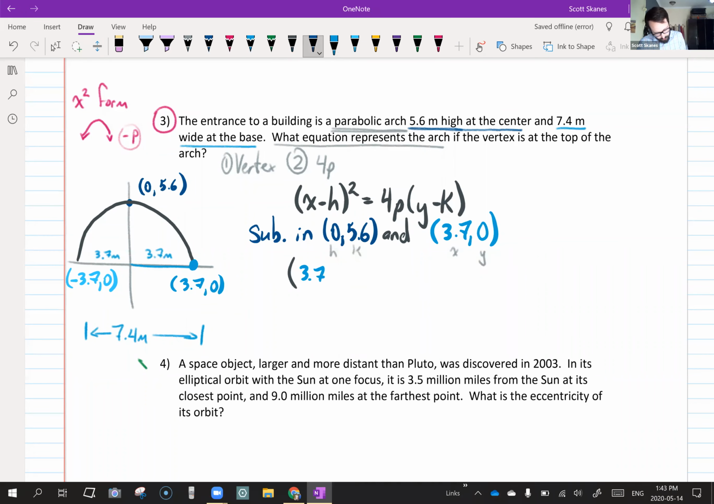3.7 minus 0 squared is 4p. Our y value is 5.6. Oops, no. I even get these mixed up. Our y value is 0 minus k. What's our k? It's our vertex y value. Okay, so we have everything now that we need in this formula. When we solve this, I'll solve it with you. 3.7 squared equals